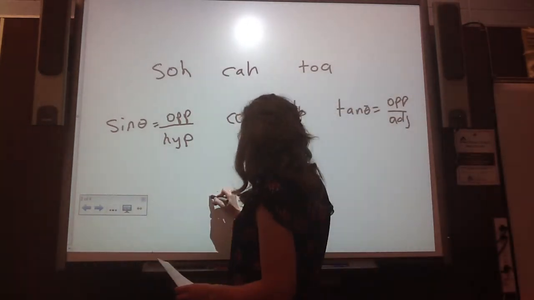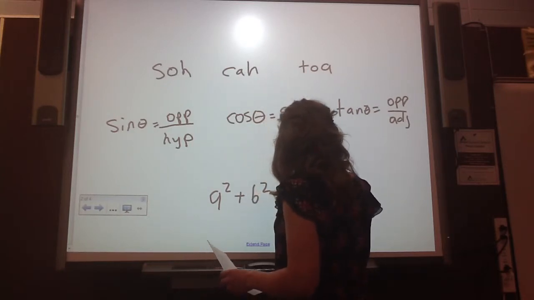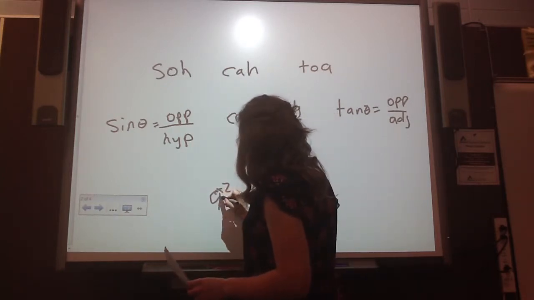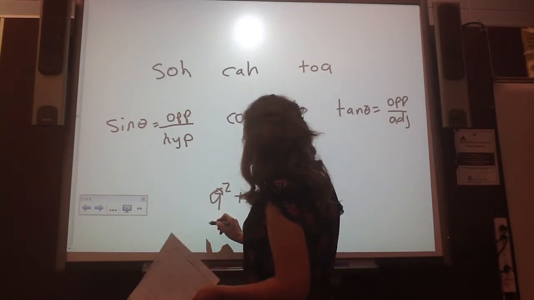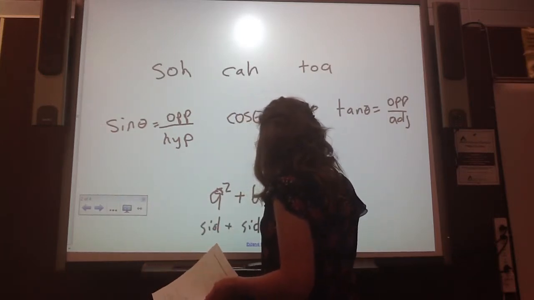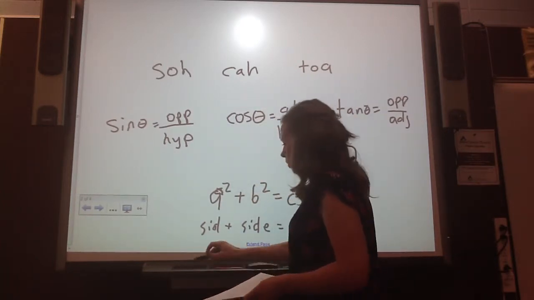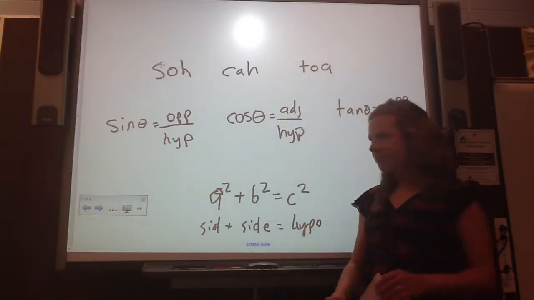Also, Pythagorean's theorem is a squared plus b squared is equal to c squared. So where this is one side, and this is another side, equals your hypotenuse. Remember that c is always the hypotenuse. Okay, so